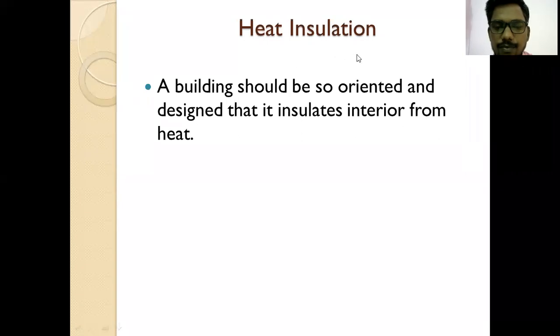So here we have to go for proper planning of the building, so we will be able to maintain the heat in each and every particular unit of a building. Along with this, we can also provide a false ceiling, or sometimes we use POP also. The main purpose of POP is to increase the beauty of the interior of the room or building. That is the main thing.